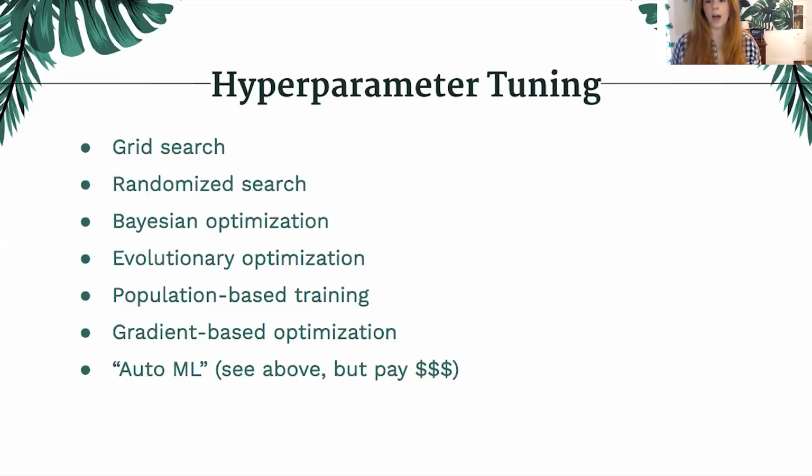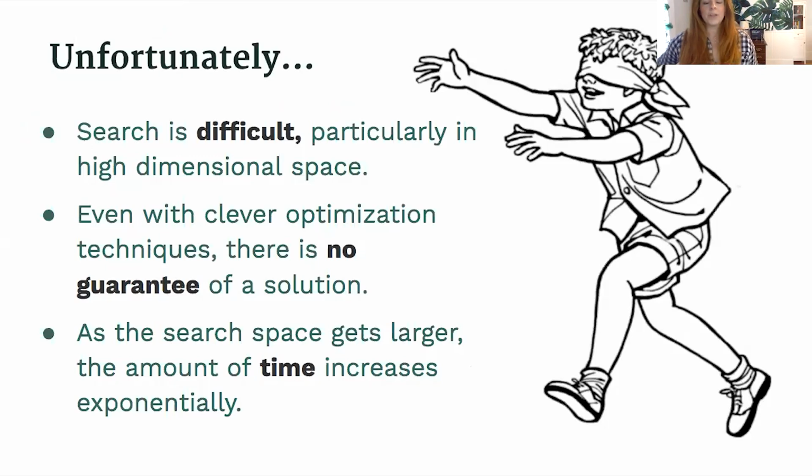where you have to pay a lot rather than being able to implement some of these search methods on your own, with more intention about how you're executing that search. AutoML tends to be the most expensive of all of these, just because you can't really tell what's happening under the hood. So what I would say is that no matter what type of hyperparameter tuning methodology you're using,